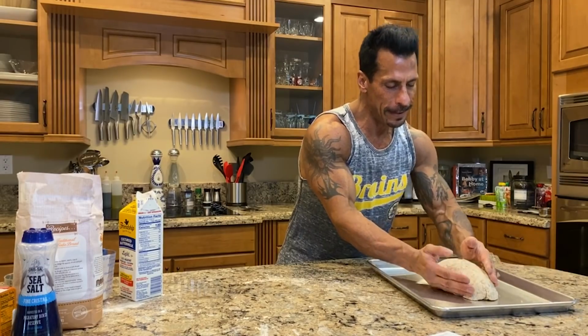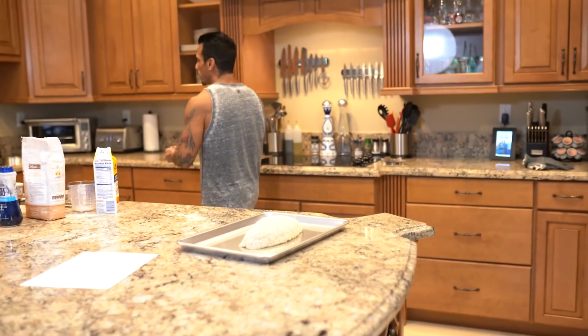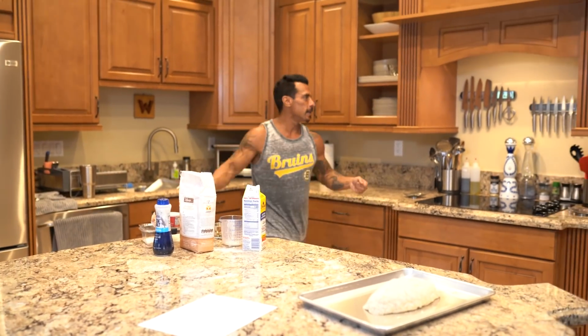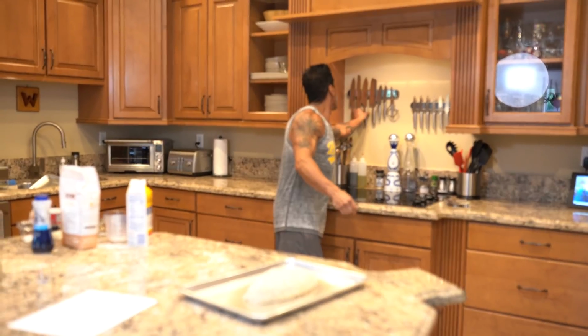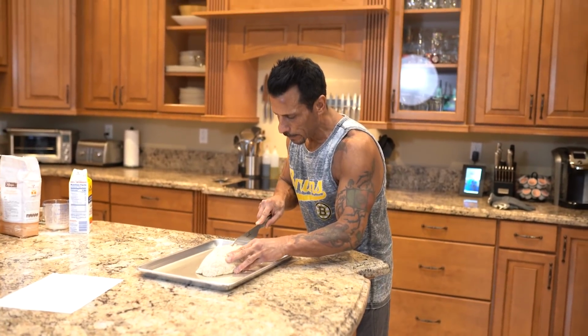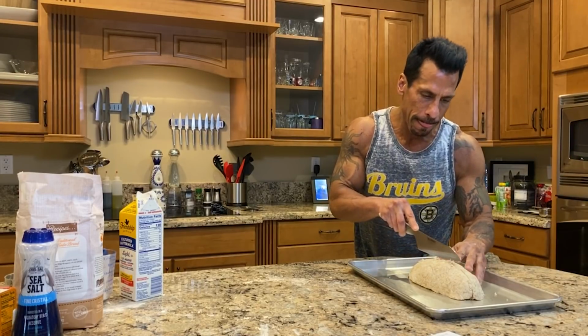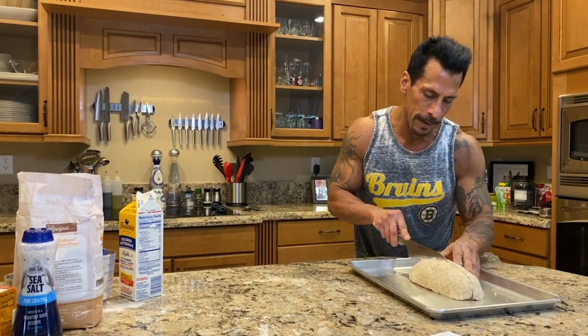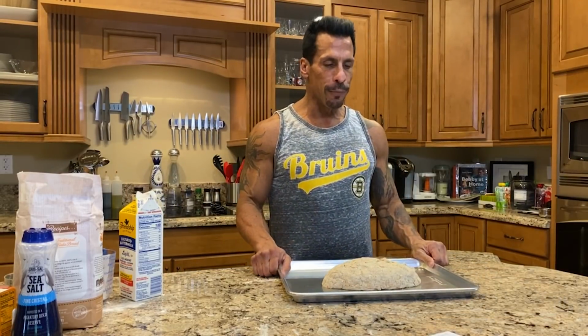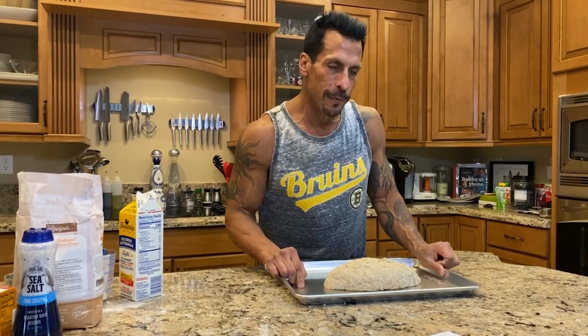Goes right on the pan, and I did spray the pan, and then I like to take one of my kitchen knives and just give it a little slice. That's Irish brown bread, and it's gonna go in the oven for,